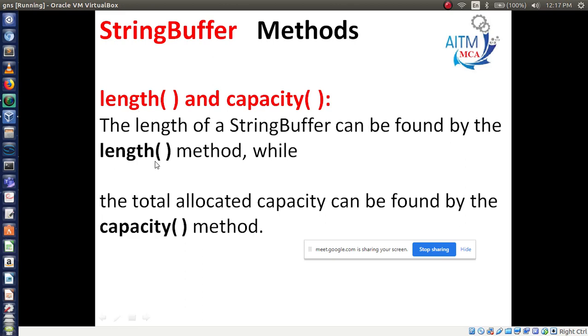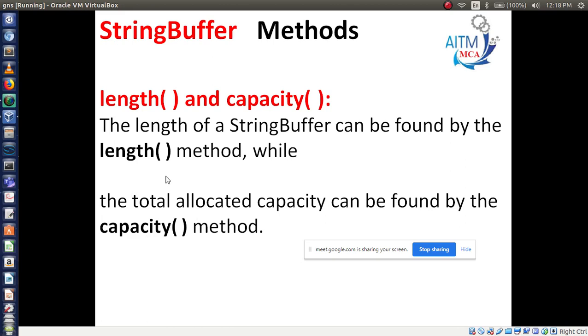I mean, how many characters you are using will be displayed with the help of the length method. And an important point, that is capacity. Try to remember this method, you are using it in your lab program. The total allocated capacity can be found by the capacity method.